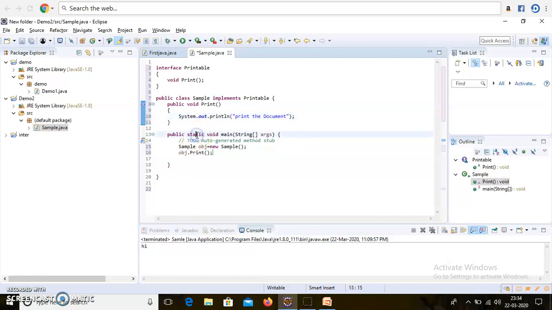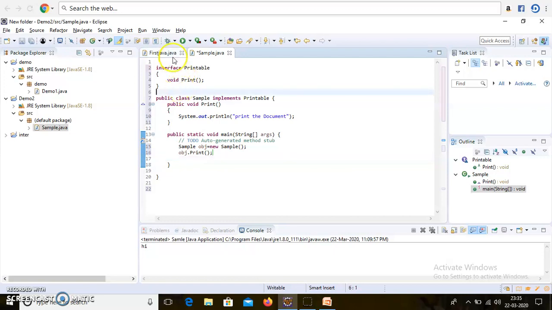Then, as in the core concept of Java, I create the object. After creating the instance, I just call the method which was declared in the interface. So this is the simple and basic code of creating interfaces.